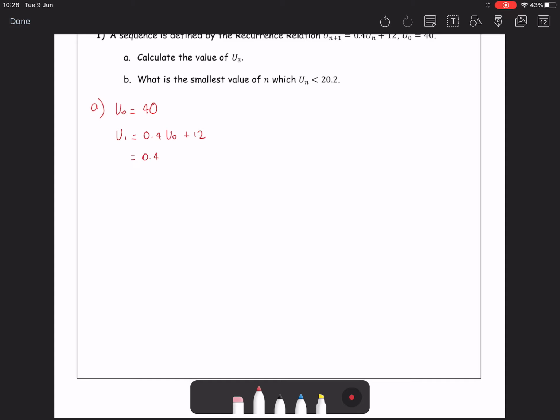So 0.4 times 40 plus 12, and let's set this up in my calculator. I'm going to press 40, because that's my starting value, and then press the equals button. So I've got 40 stored within my calculator. So my u1 value is going to be